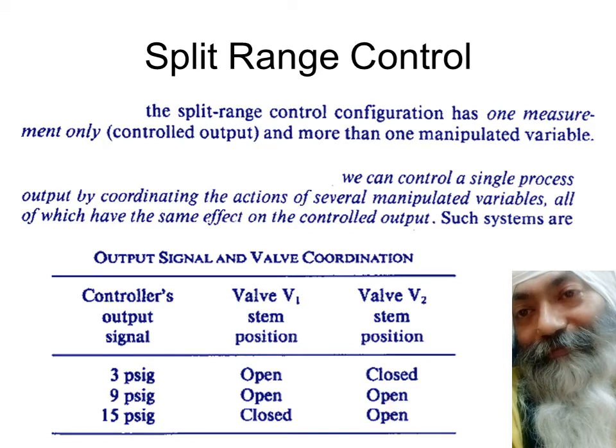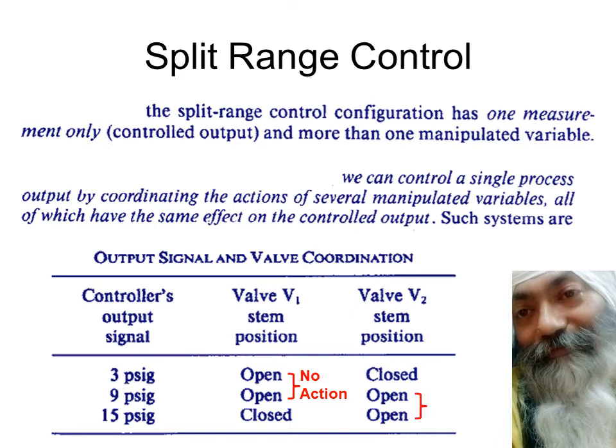Now, there is something very interesting which is happening, which we shall see about the walls. The first thing which we see is that from 3 to 9 psi, wall V1 doesn't respond at all. It means as long as the pressure is less than 9 psi, it may be 3, 4, 5, 6, anything, V1 will not move at all.